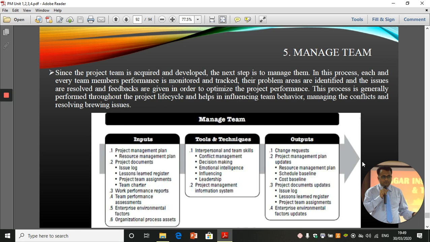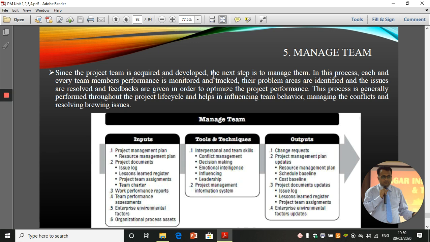Now we have to manage team. Since the project team is acquired and developed, the next step is to manage them. In this process, each and every team member's performance is monitored and tracked, their problem areas are identified, issues are resolved, and feedback is given in order to optimize the project performance. This process is generally performed throughout the project life cycle and helps in influencing team behavior, managing conflicts, and